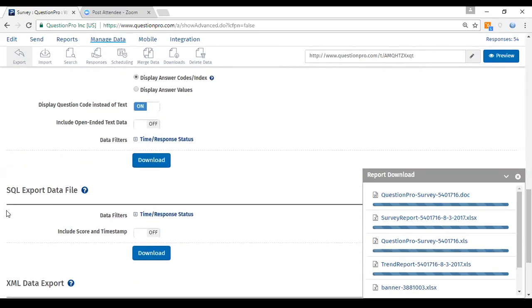Next we have the SQL export data file. So if you want to export your data onto an SQL platform, the software will generate